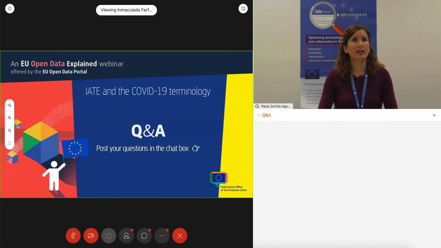Regarding the additional features that external users could benefit from if they log into IATE with an external EU login account, I would say the most important one is the IATE downloads. So if you log into IATE, you can request these on-demand IATE downloads. But we are also little by little offering more things.